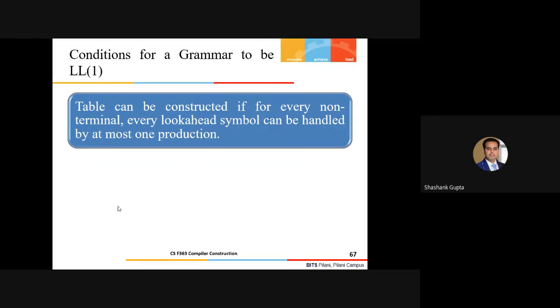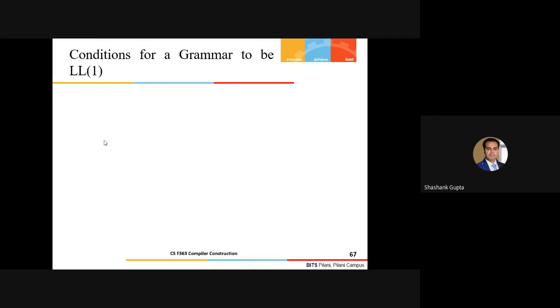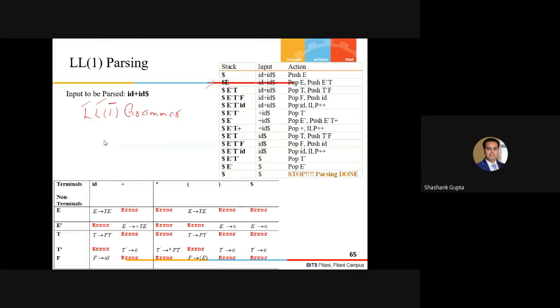So one by one. If you are constructing a parse table, for every non-terminal, every lookahead symbol can be handled by at most one production. That means either one production or simply no production. Makes sense? If I go back, either I am doing this parsing with one production or simply no production, which is an error.